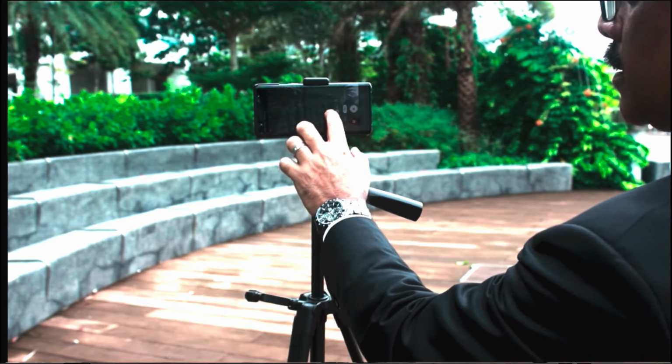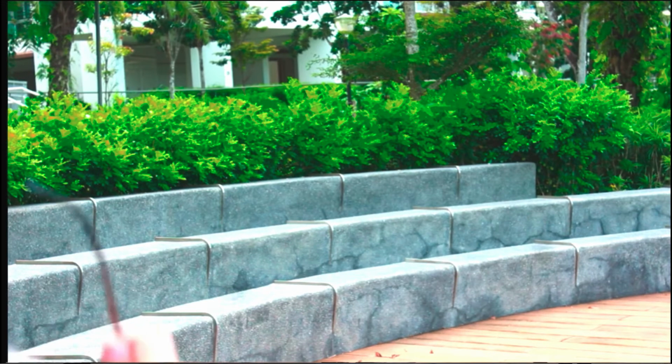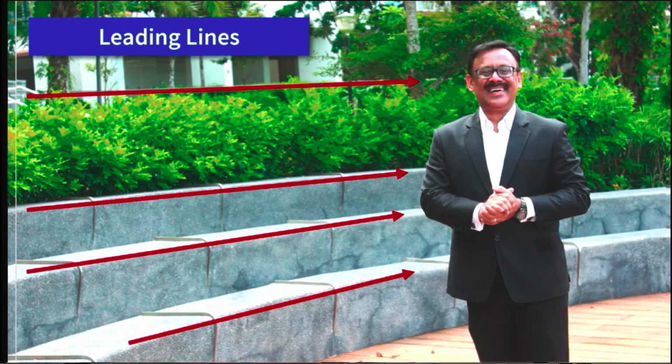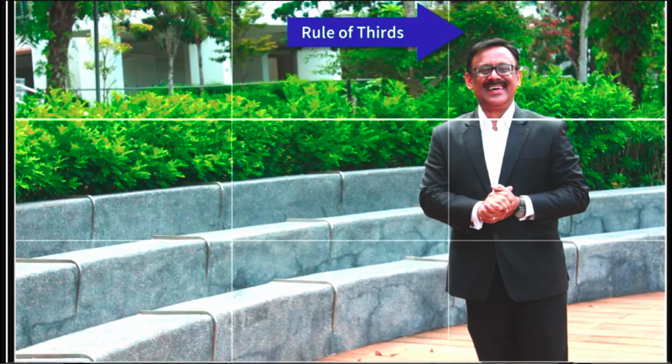In order to take these photos professionally, we follow two rules of photography. The first is leading lines in the frame. We find these lines in our frame, and they could be architectural or otherwise, just like this, which will lead our eye to the subject. The second rule that we follow is called the rule of thirds. We divide the frame into 3 columns, and we stand somewhere within the first column of the frame, just like this. Once we follow these 2 rules, we are ready to click the photos.